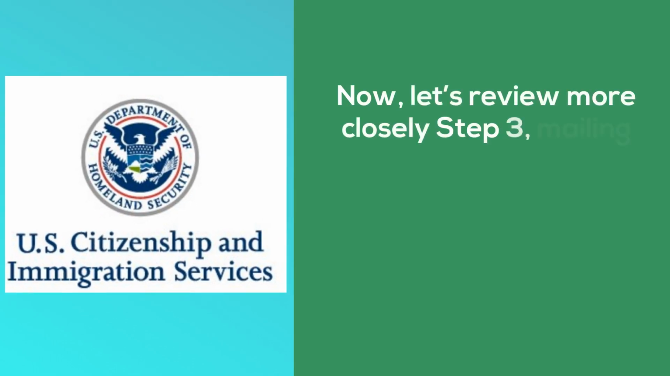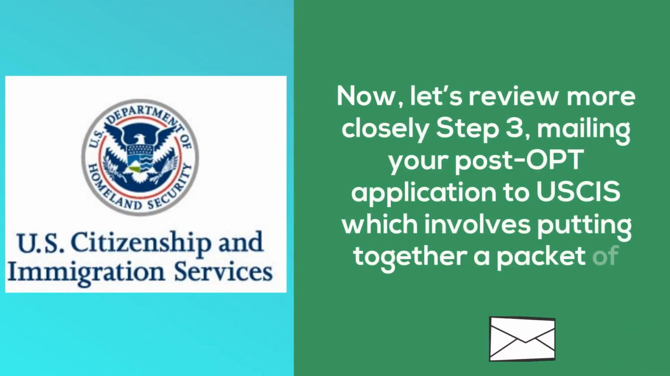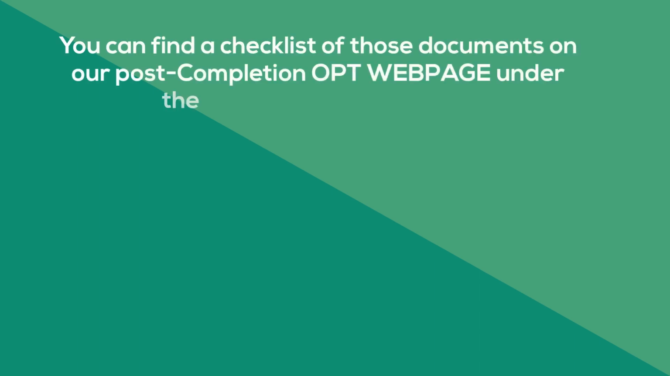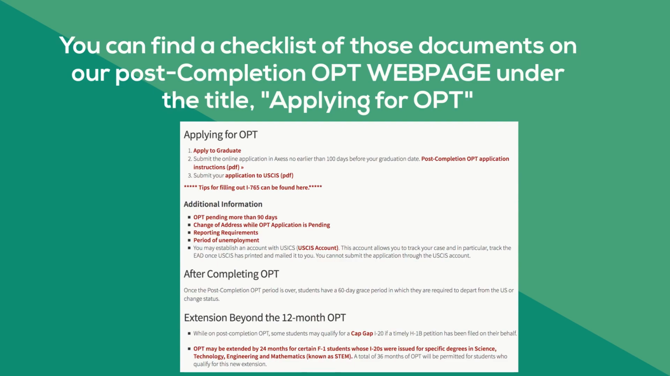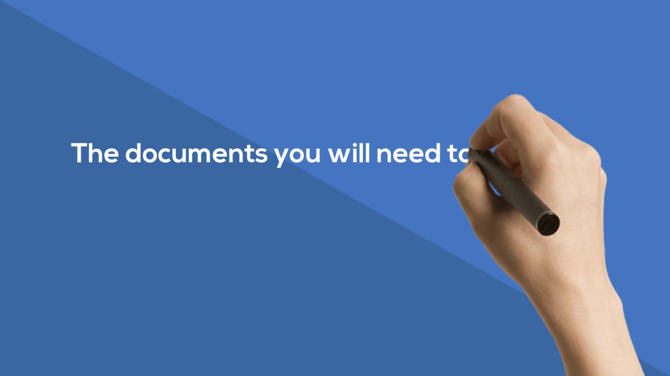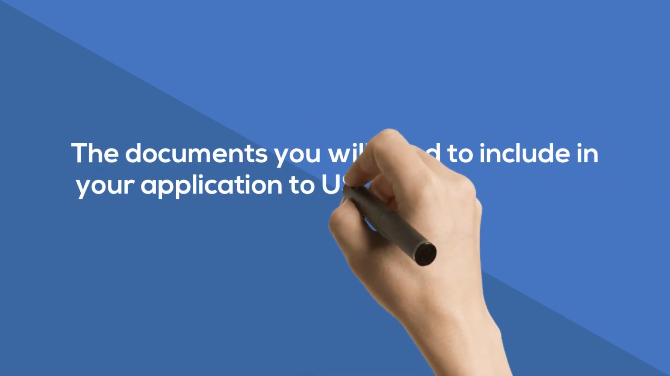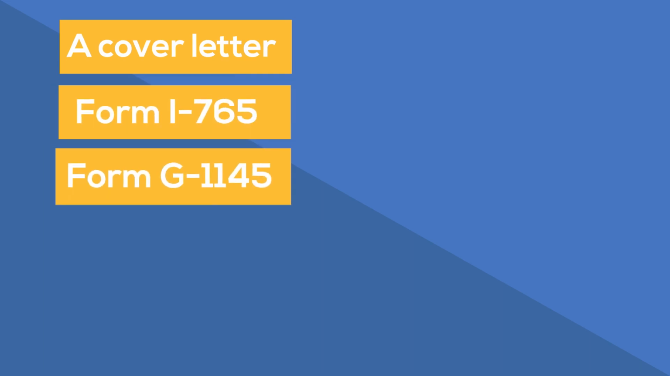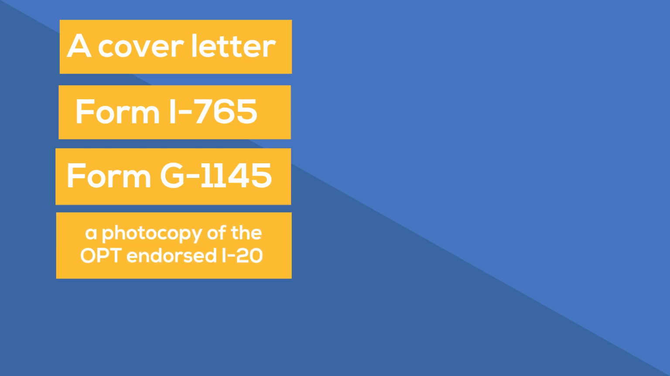Now, let's review more closely Step 3, mailing your post-OPT application to USCIS. This involves putting together a packet of documents. You can find the checklist of those documents on our post-completion OPT webpage under the title Applying for OPT. The documents you will need to include in your application to USCIS are as follows: a cover letter, the Form I-765, the Form G-1145 to receive updates by email, a photocopy of the OPT endorsed I-20,